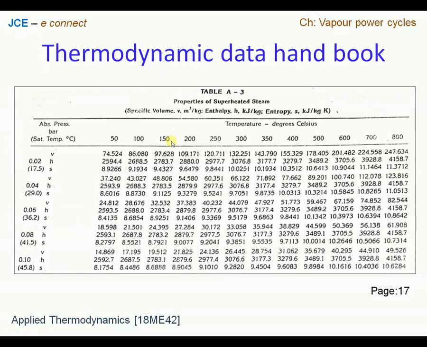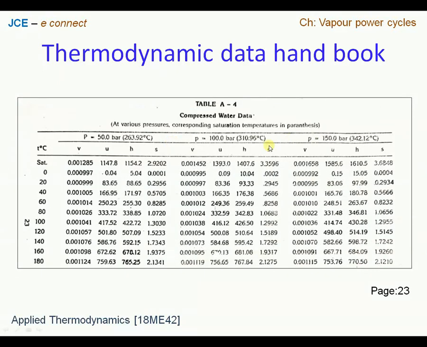Now moving further, we will look at the next type of table, that is the A4 table. When a given temperature is less than the saturation temperature according to the guideline, then the particular state of the system is compressed liquid data or subcooled liquid region. So the judgment is made based upon the pressure. If the given pressure is above the saturation pressure, then that is the compressed liquid region in fact. So for that, one has to refer to the following table.